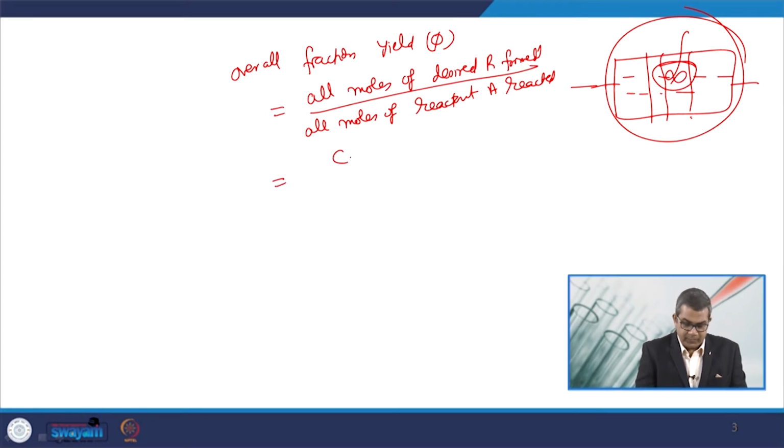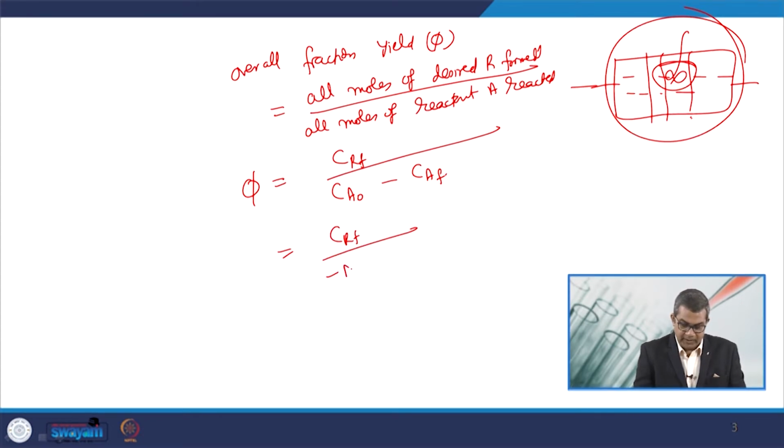Now, this may be represented as CRF, where R represents the desired component that is formed and F represents the final, divided by Ca naught, the initial concentration of A, minus the final concentration of A. So, that is the phi, or this is CRF upon minus delta Ca,